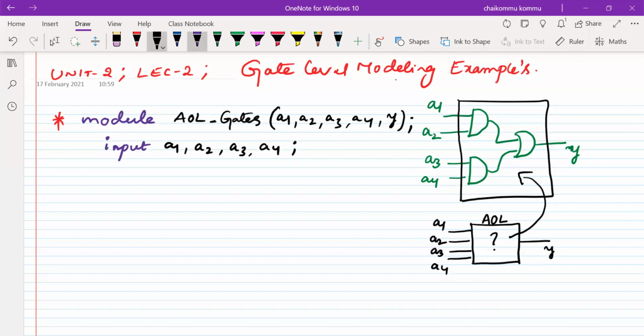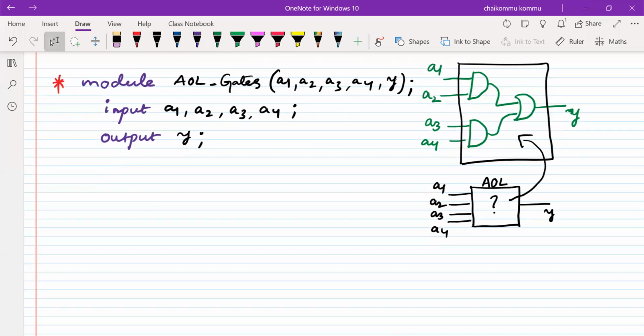Next, among all those variables there is only one output, Y. Since we are using gate level modeling, we need to instantiate the gates. The names of the gates are, for example, G1, G2, G3.